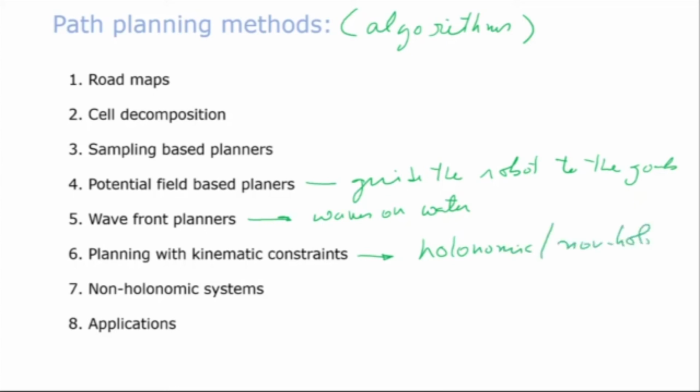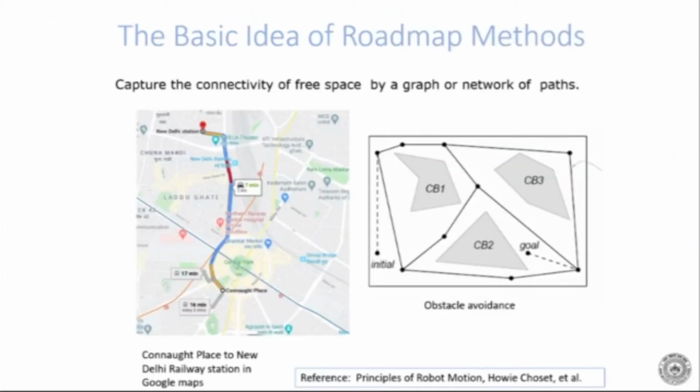Non-holonomic constraints, like real cars, they cannot go sideways, right? So planning with kinematic constraints involves holonomic constraints and non-holonomic constraints, and then last of all we look into some applications. Okay, so we'll start off today with the roadmaps,